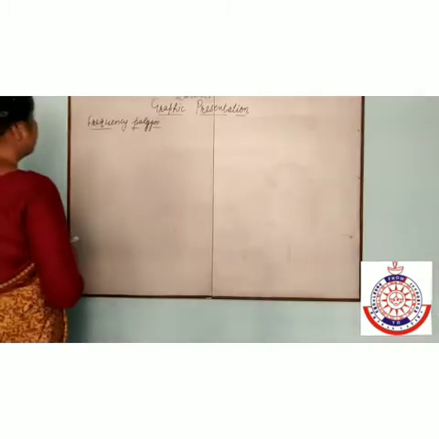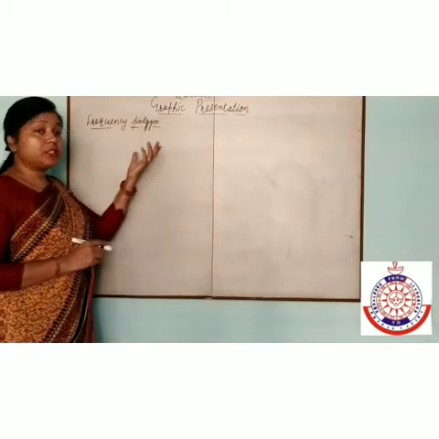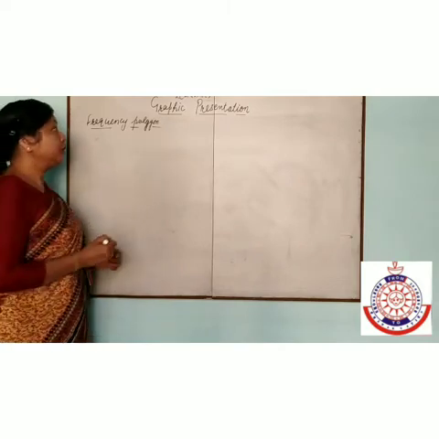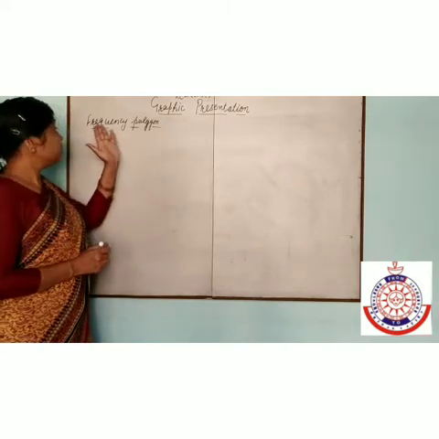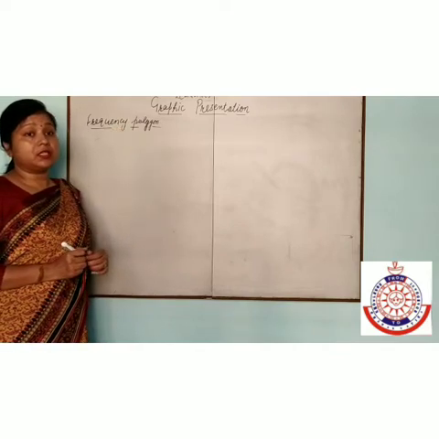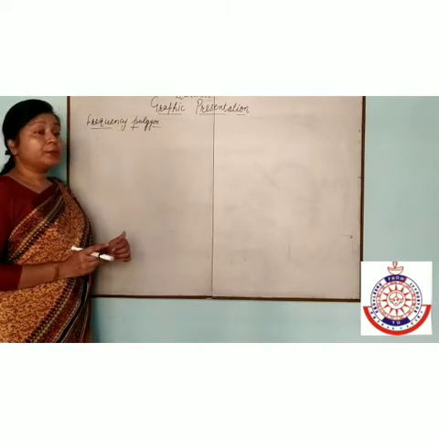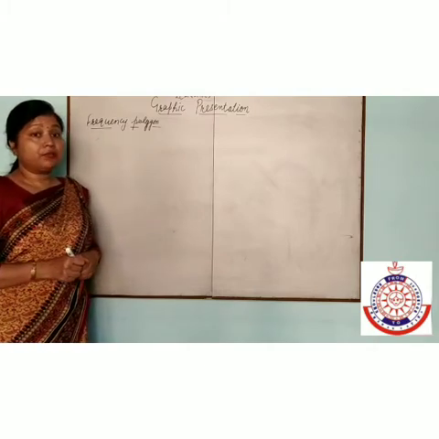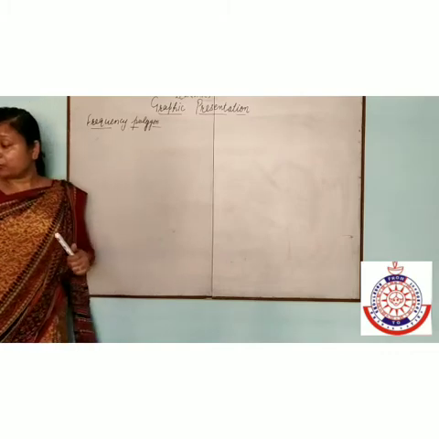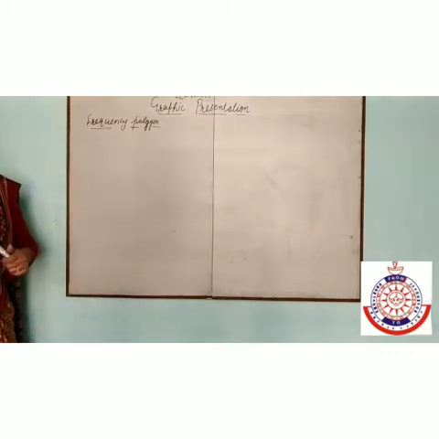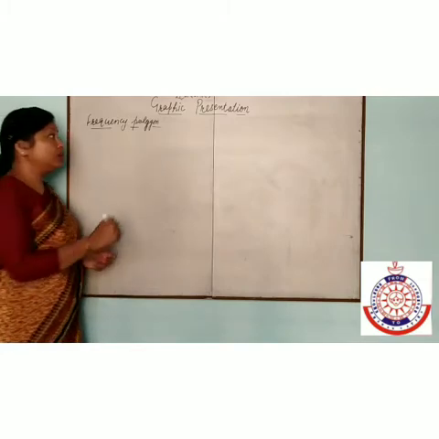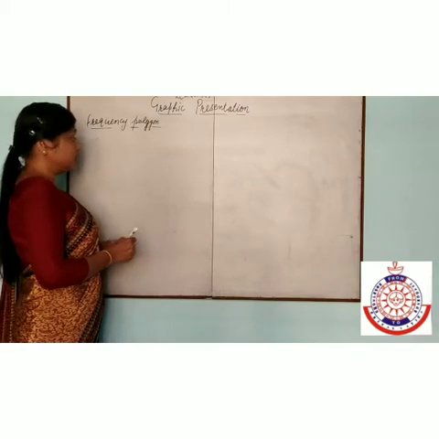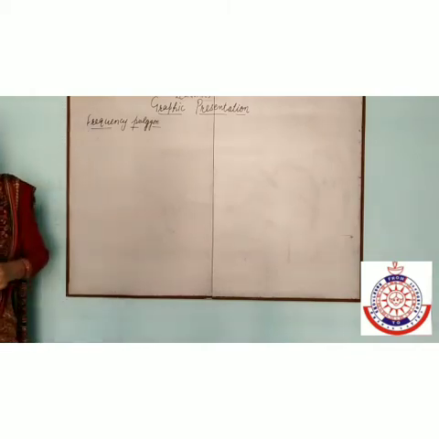Our next topic is frequency polygons. Frequency polygon is another way to present the graphical presentation of the data. Frequency polygon can be used for the discrete series and the continuous series, but histogram is only used for the continuous series. For the frequency polygon, first of all, on OX axis we will take the variable, and on OY axis we will take the frequency. How can we draw the frequency polygon?